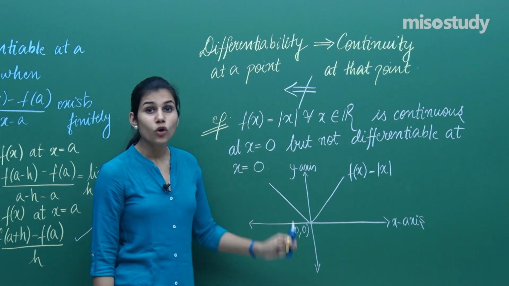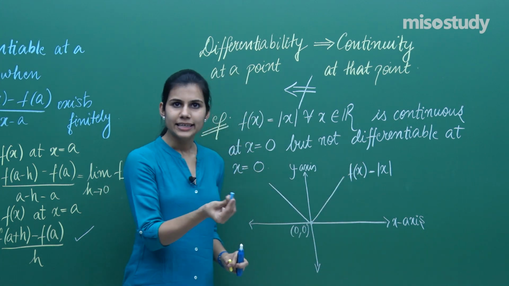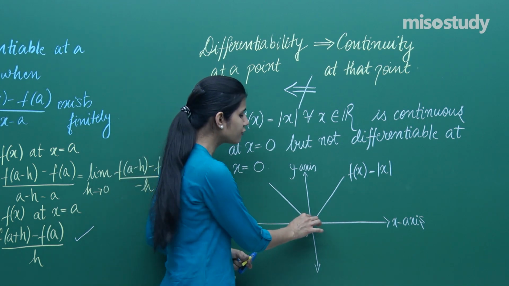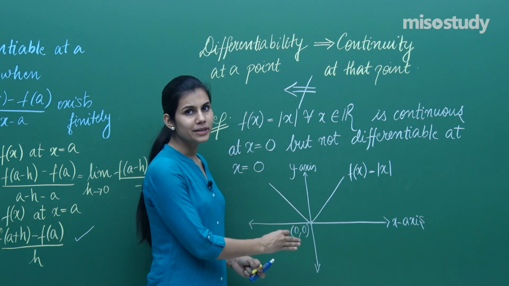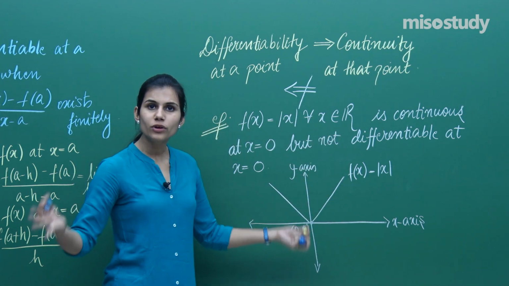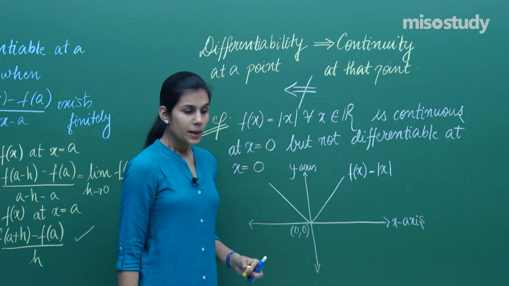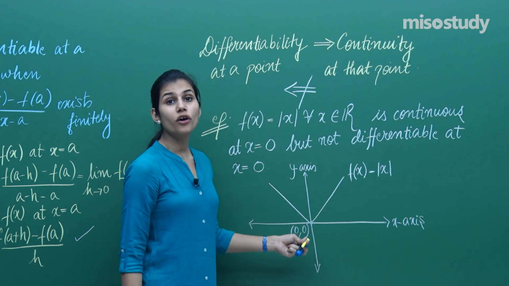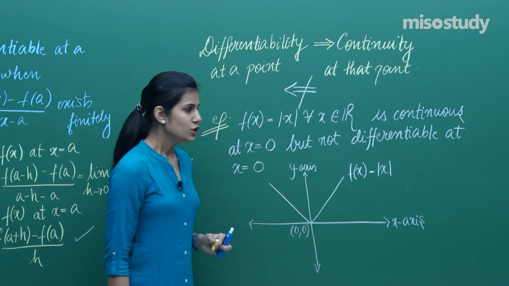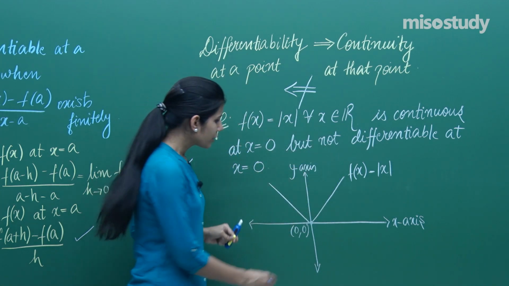But if I talk about a hole or a gap or a break in the graph of the function, there is no break. I can take my pencil and in one go complete the drawing of this graph. I will not have to pick up my pencil in between in order to complete the drawing of the graph. Because there is no hole, no gap, no break, it's an undisturbed graph, completely continuously drawn. That means it is continuous, but because there is a corner point, it's not differentiable at the point 0. So that's why it's written the function is continuous at 0 but not differentiable at 0,